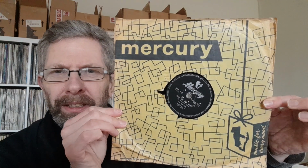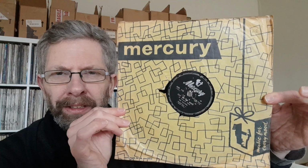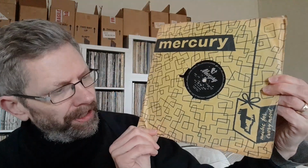Now this sleeve isn't in the best of shape, but it's quite a striking sleeve. This is the Platters, Twilight Time, with the awesome Out of My Mind on the flip. But here's the A side. In fact, both sides of the sleeve are identical in this case. They have the